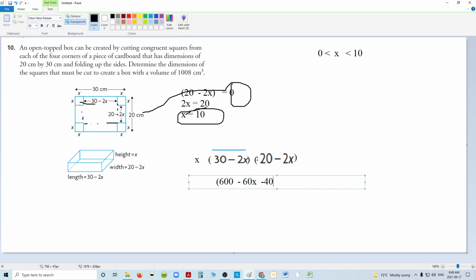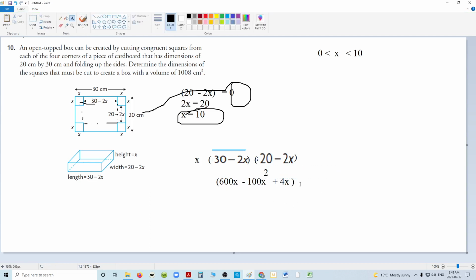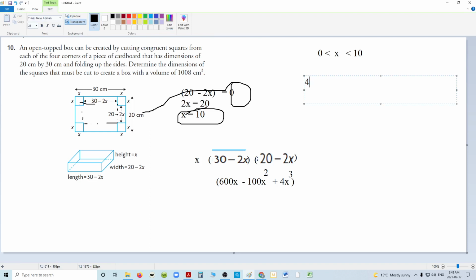What's minus 60x and minus 40x? And then plus 4x squared. Now we're going to multiply all this by x. And this becomes x squared, and this becomes x cubed. Which is clear to me that you're dealing with the cubic, 4x cubed